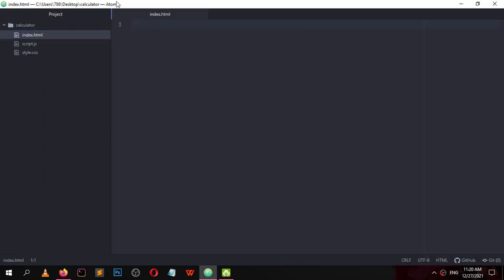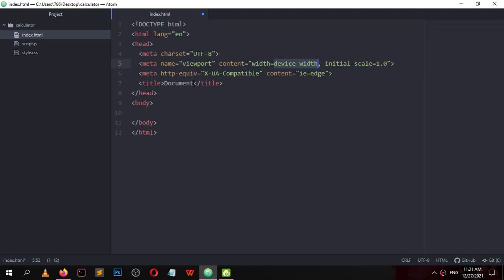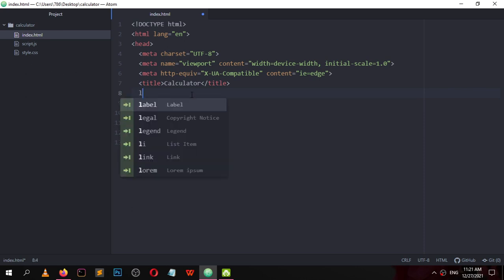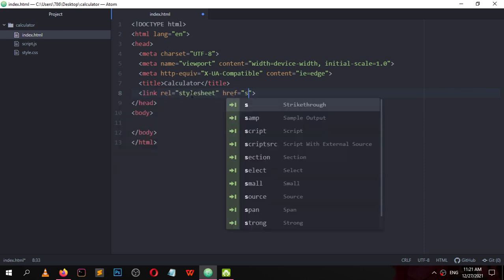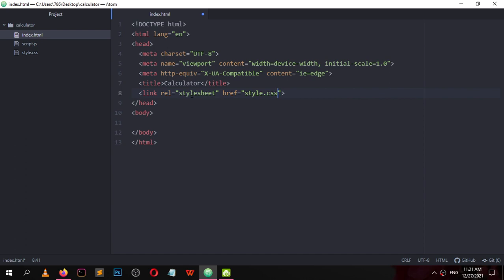Now start building the front view of the calculator. So let's put in some HTML boilerplate and change the title to calculator. And we need to link the style sheet, style.css, and the script.